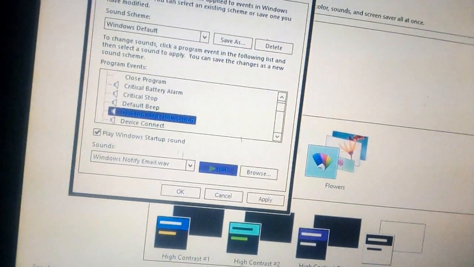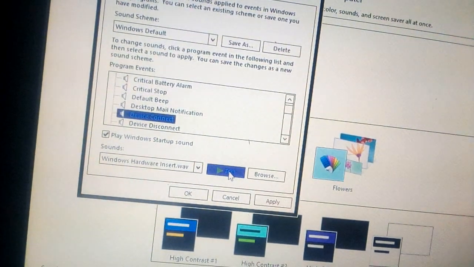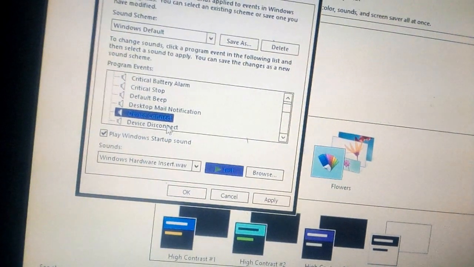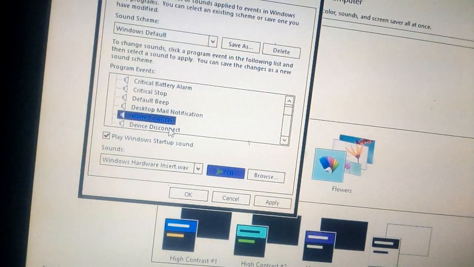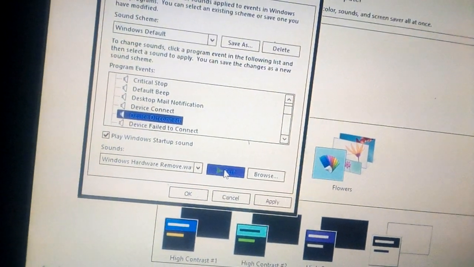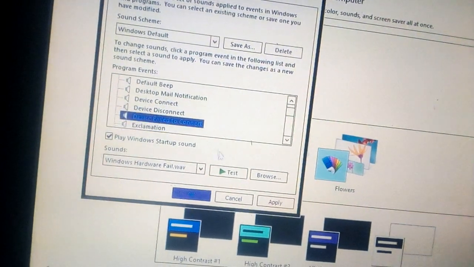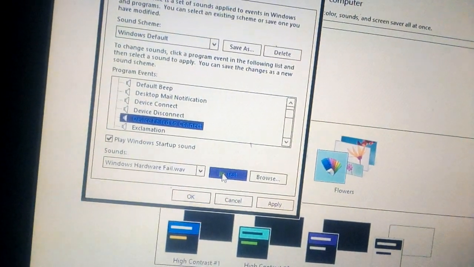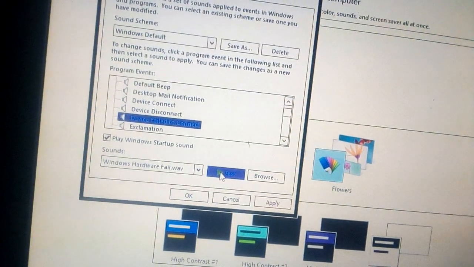I hope you are getting it. Device connect. When a device is connected, this sound is going to play. So when this device is disconnected, then we test it. Device failed to connect. I hope you are getting it.